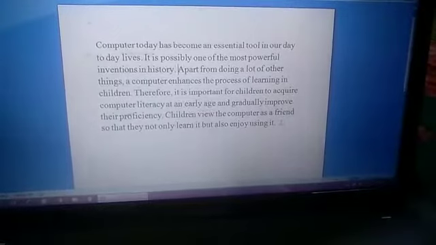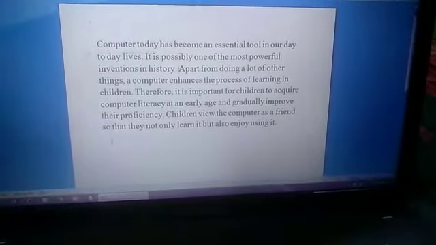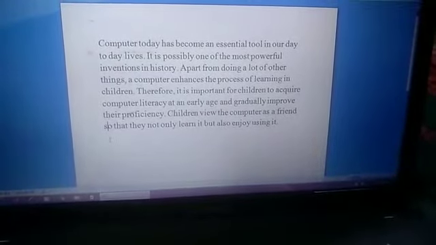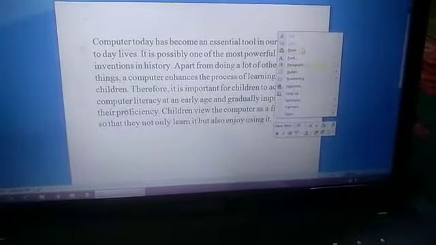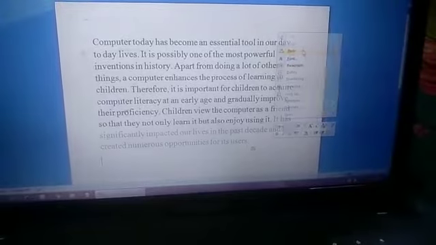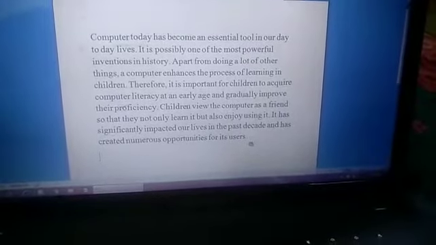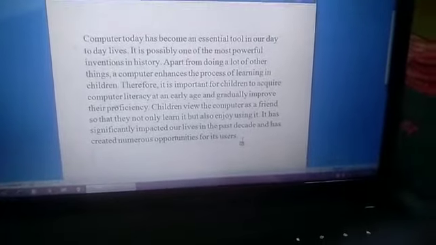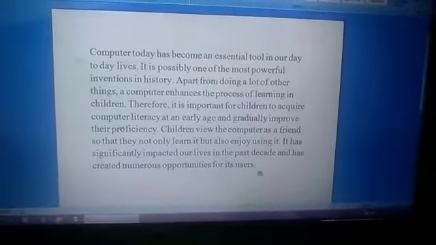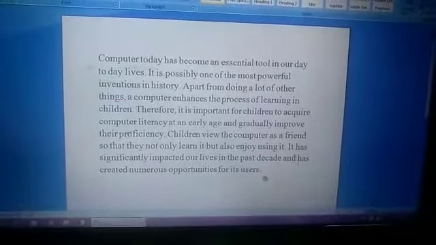Then wherever you want, click the cursor there, right click, click paste, and see the line has come down the paragraph. So in this way you can move the text wherever you want.